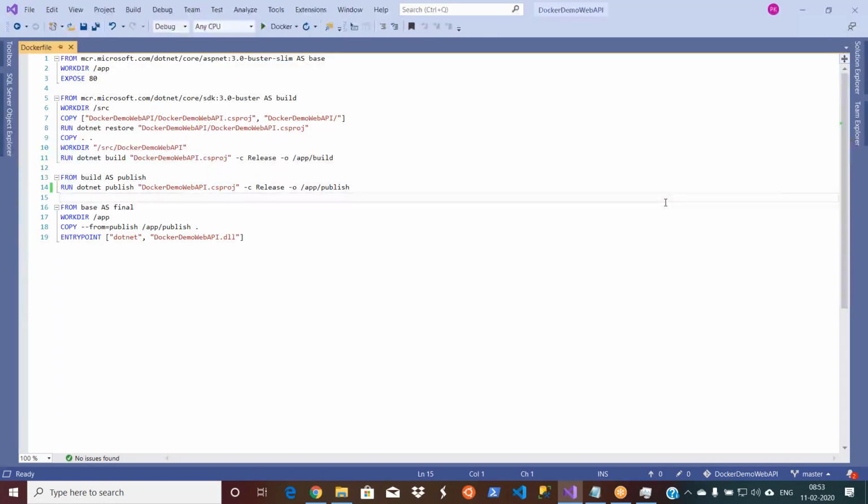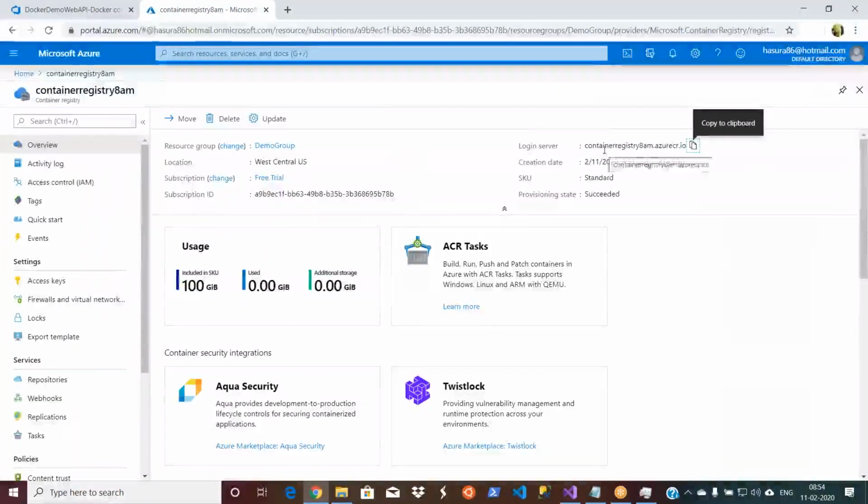Let us say you are already having some legacy .NET applications, done some 10 years ago. If you want to Dockerize that one, what you have to do? You have to create a Docker file, right? Yeah, that's my question actually. Yes, exactly. So whether it is a new project or older project, I'm using this available feature because I can save my time. Otherwise, to write all these 19 lines of code, I need 2-3 hours. Okay, my container registry is being created.